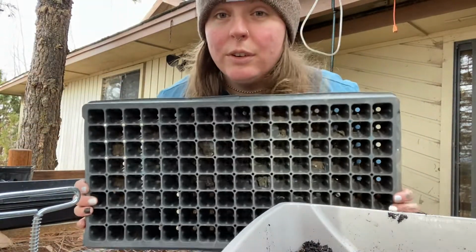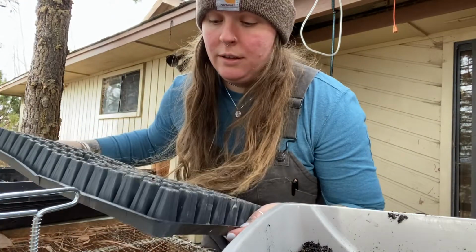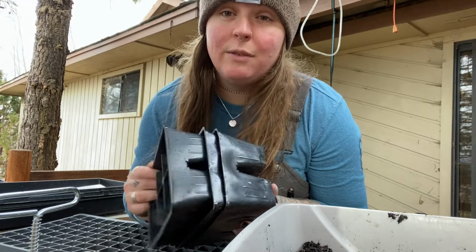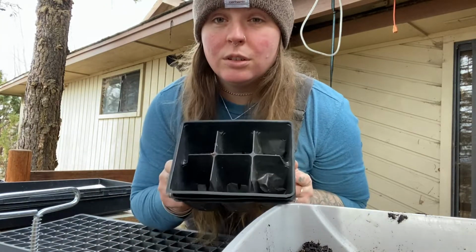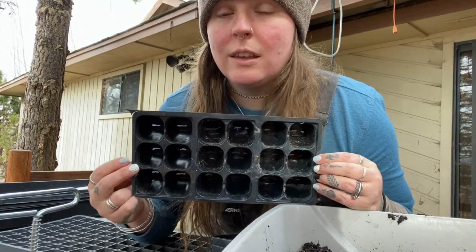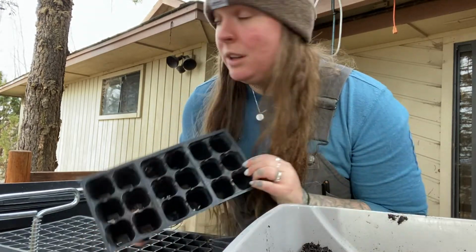So there's a couple of different kinds. I got these off Amazon. This is like 128 cell, I believe. I mean, it worked fine. I bought these at a local nursery, and I saved mine from plants. They're bigger 6 cell little things. And then this is what your Walmart's gonna have and stuff. And these come in a pack. It's 72 cells. And no matter what you use out of these or the soil blocker, you're going to need trays